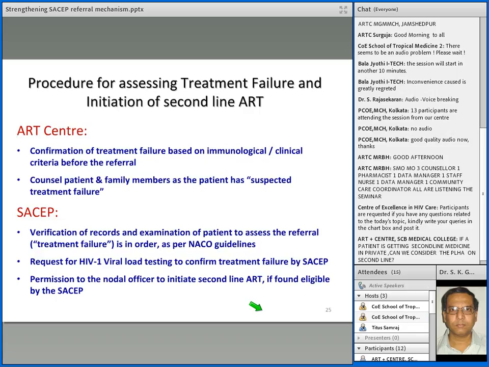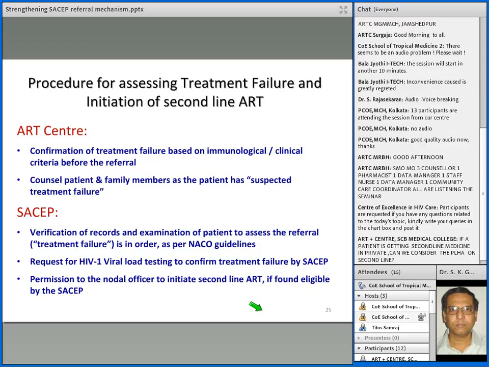That decision has to be taken at the SACEP, that if the patient is already on second line therapy following a failure of first line therapy, he should be put on the national second line ART regimen of atazanavir, ritonavir with tenofovir, lamivudine, unless there is a contraindication to any one of the drugs. But we need to tell the patient, counsel them and take their formal consent also, since we have got a form that I will be showing to you, that they need to sign. There are